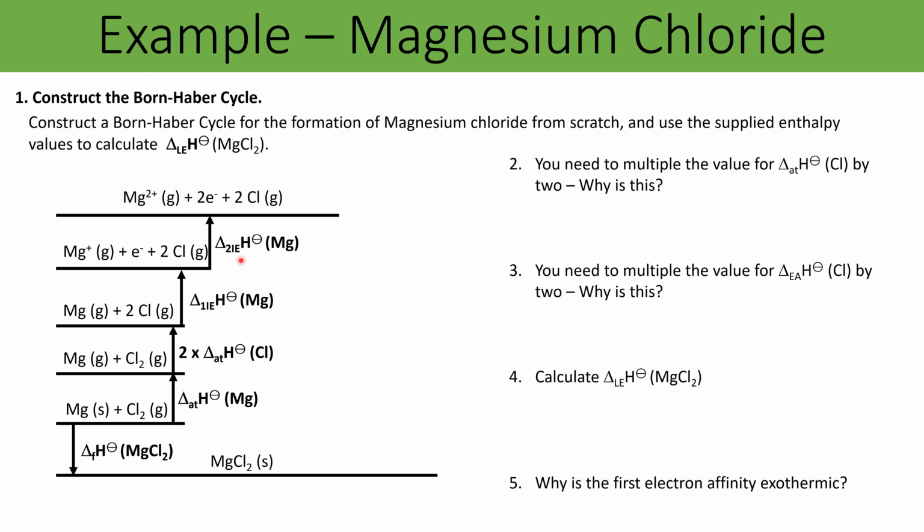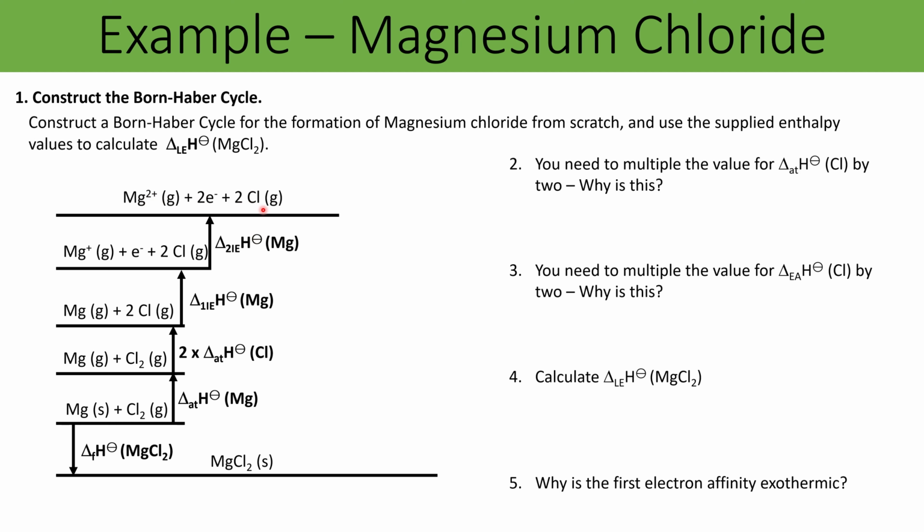So I'm going to do my second ionisation now for magnesium, which would have a different value associated with it, remember, because second ionisation energies are more endothermic than first because you're overcoming that attraction. So I've now got an Mg2+ ion and 2 electrons because I'm including the previous electron that was removed in the sum there. So now I've got Mg2+ ions, I now need to transfer those electrons over to the chlorine